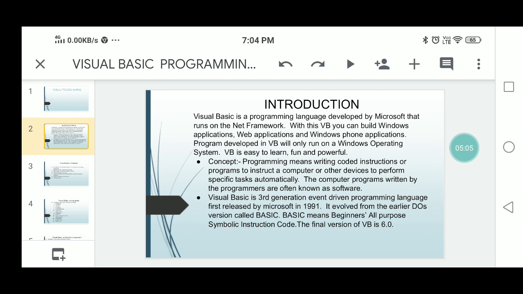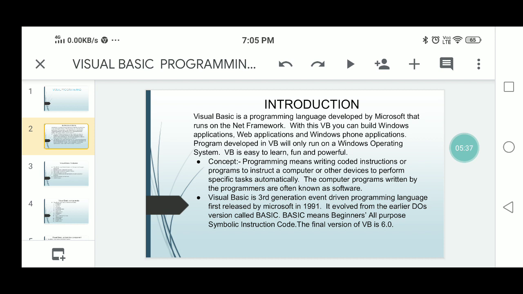A program is logical and syntactically meaningful instructions. The computer programs written by the programmers are often known as software. These are written by the user, so that is known as software. A group of programs written by the user is known as software. This is the Visual Basic concept.